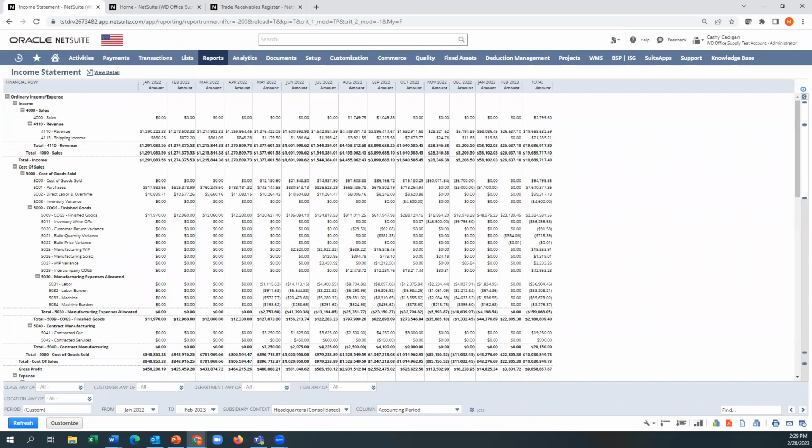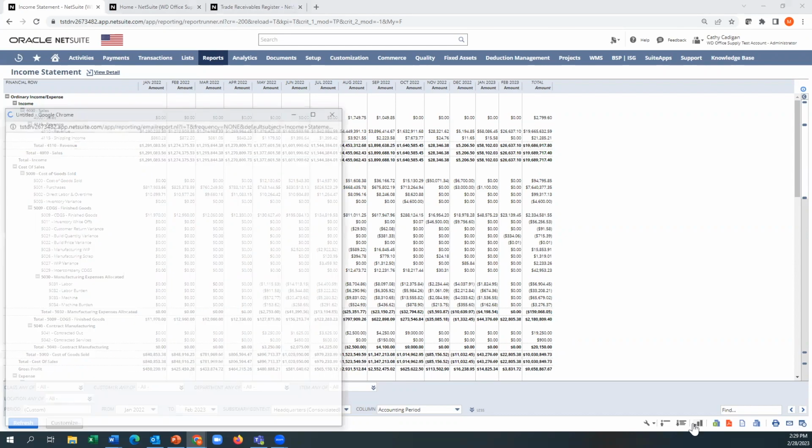Every one of these reports can be exported to Excel here. So there's a little Excel export. There's a print button. There's an email button, and there's a schedule button. The schedule button allows us to run this report on a timer. So maybe at 6 o'clock every night, you want to send this report to Bob, your boss, as a PDF.